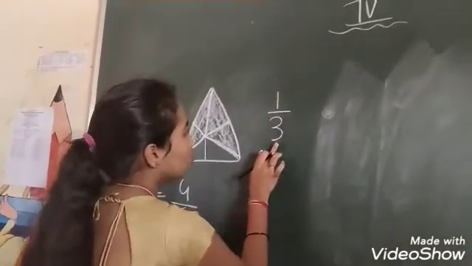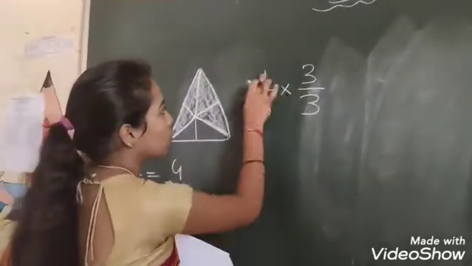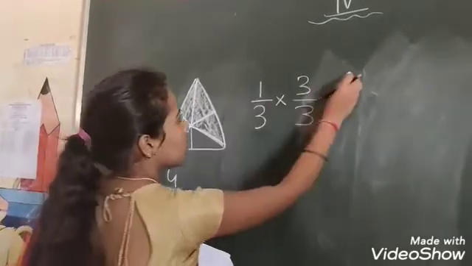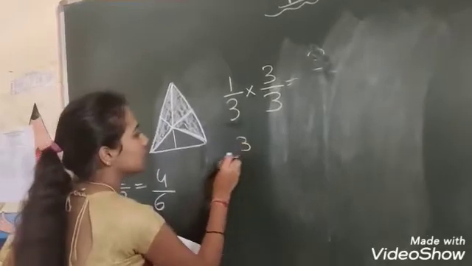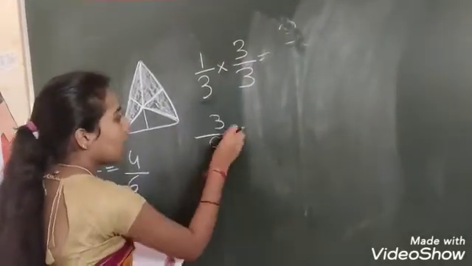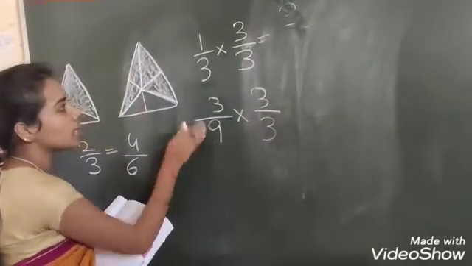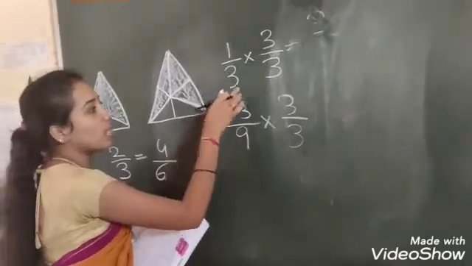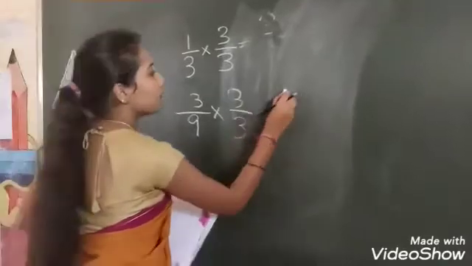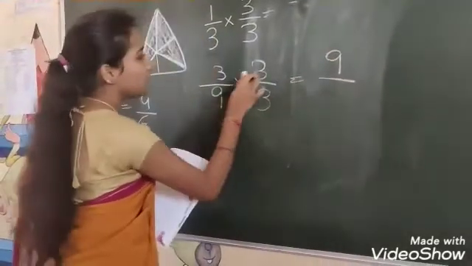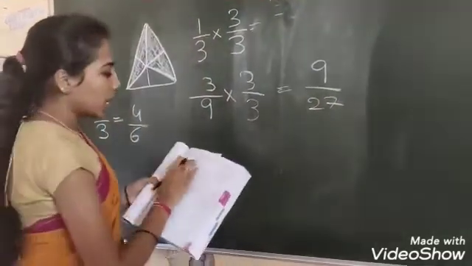The denominator is 3. We have to multiply with the denominator on both sides. Okay, we have to do cross multiplication. 3 1s are 3. This is the next fraction. It is 3. 3 3s are 9. Again we have to multiply 3 by 3, not this denominator. This only, we have to take the denominator by cross multiplication. See, 3 3s are 9. 9 3s are 27. Like that only, it continues.